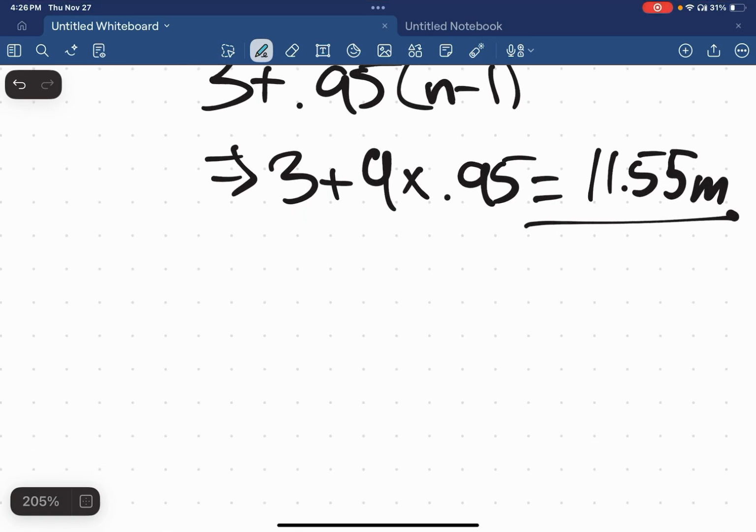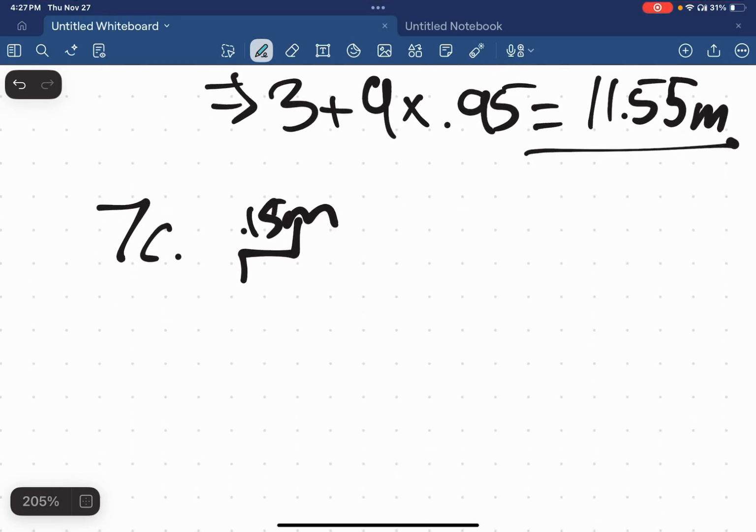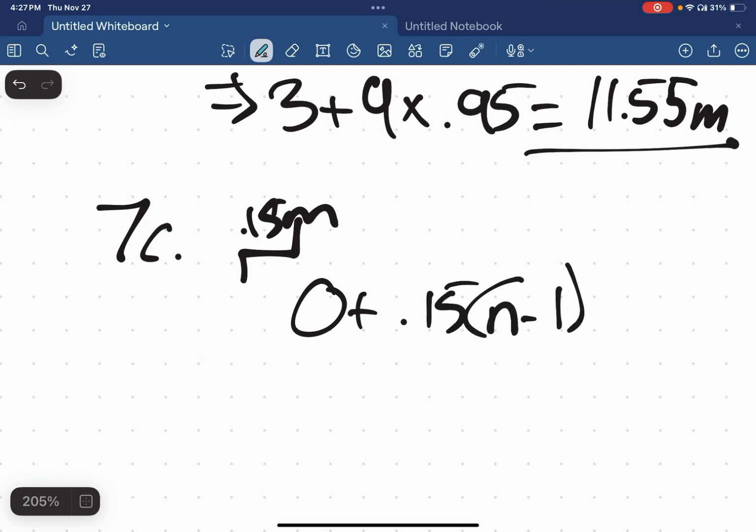Next is the height. We know that each row rises by 0.15 meters, which is 15 centimeters from the equation. That means that once again we get an arithmetic sequence where the first row is at 0, so 0 plus 0.15 times n minus 1. Once again, we know there are 10 rows, so we get 9 times 0.15 is going to be equal to the height,